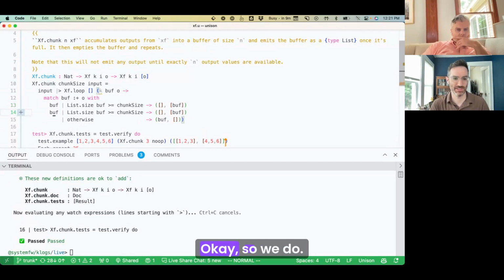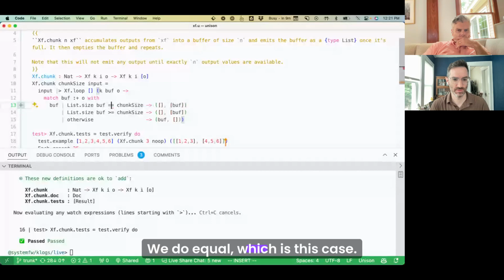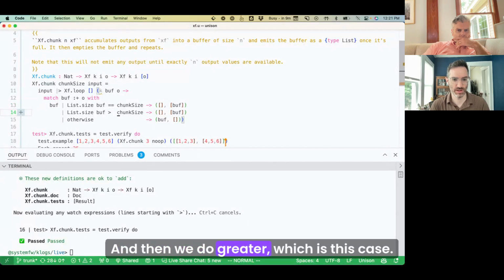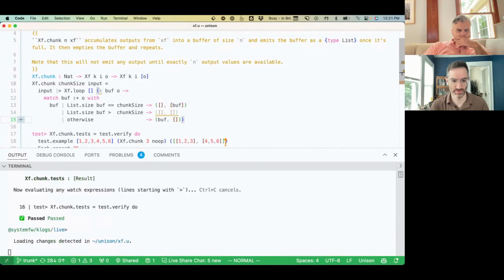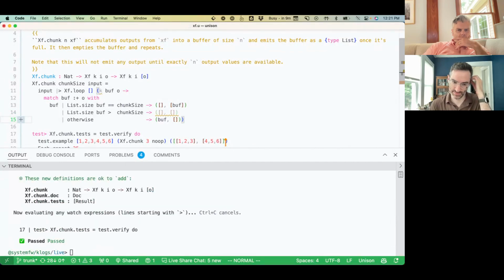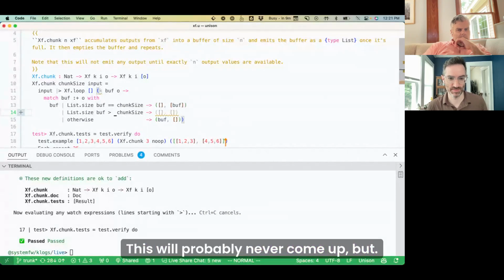Yeah. Okay, so we do equal, which is this case, and then we do greater, which is this case, right? Yeah. This will probably never come up, but